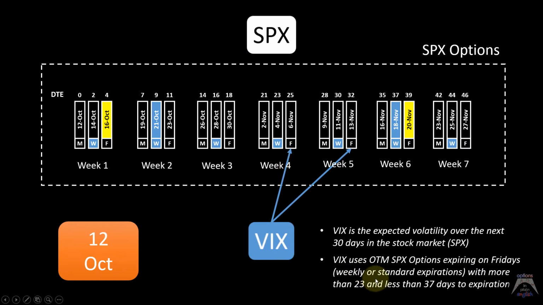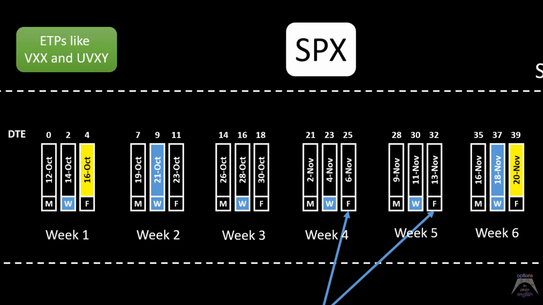So far we know that it uses out-of-the-money SPX options expiring on Fridays with more than 23 and less than 37 days to expiration. We don't know any more than that, and we're going to go into the details a little bit later on. Now, as a comment here, exchange traded products such as VXX and UVXY use futures to replicate the behavior of